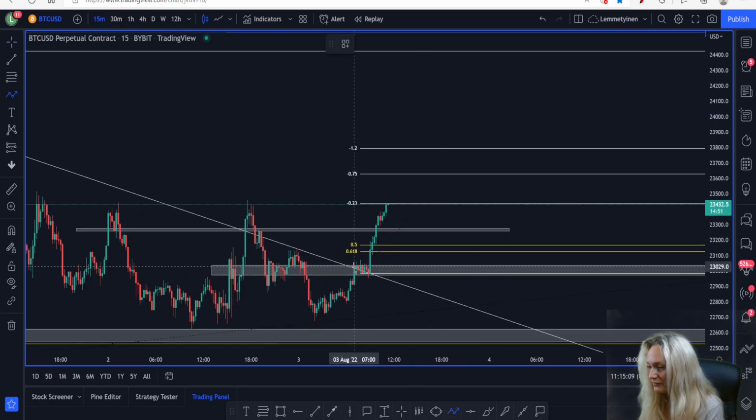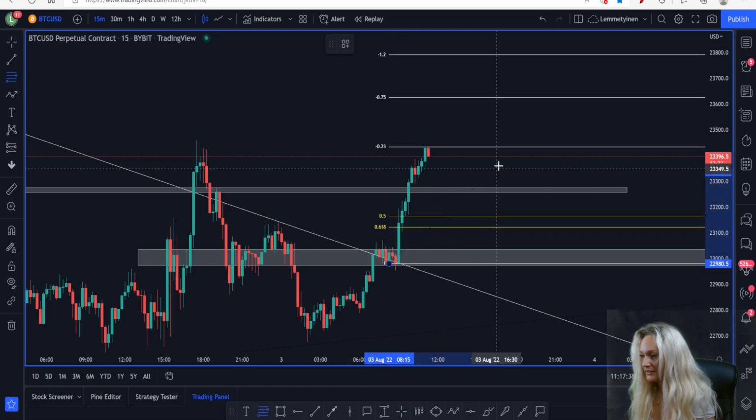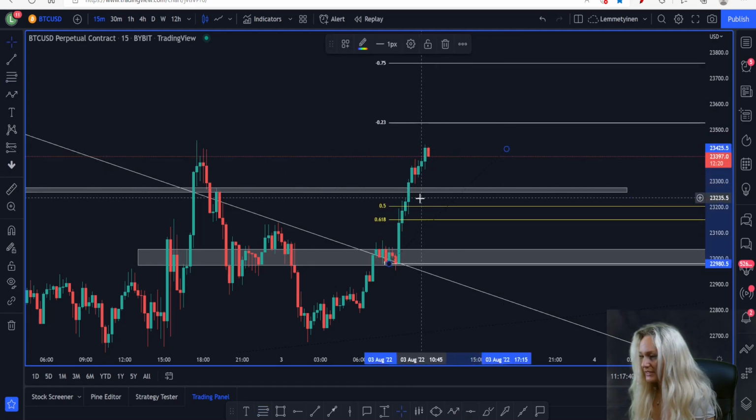The only thing that I'm waiting for the market to do is obviously to pull back down for a higher low. You can either see the market pull back down and retest around 23,270 for a higher low. If we see the market giving us a little bit more of a pullback to the downside, I am looking at 23,200 and